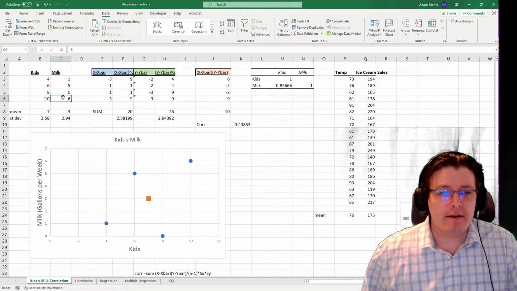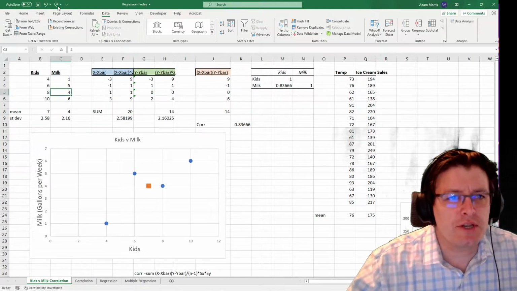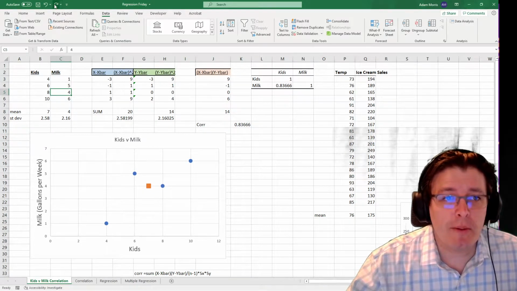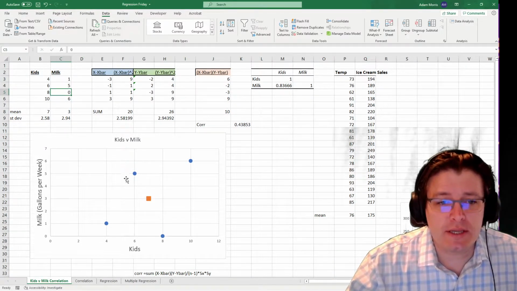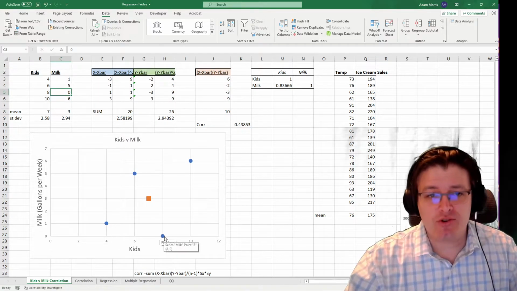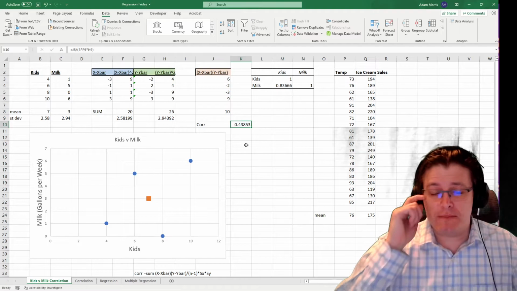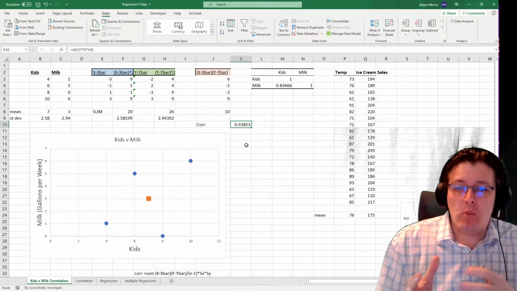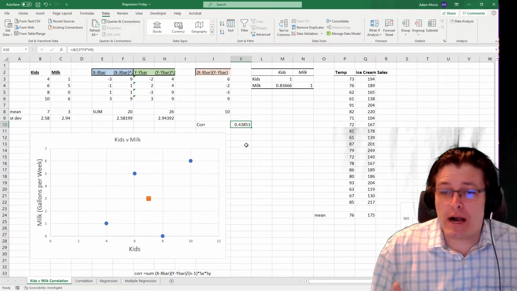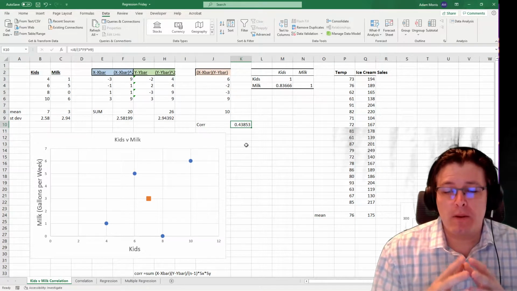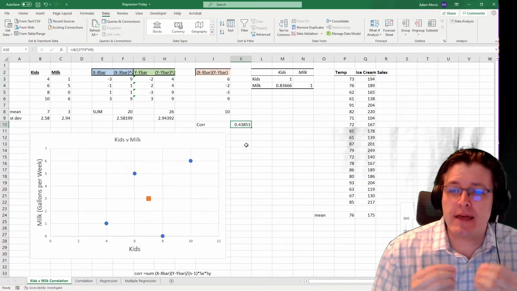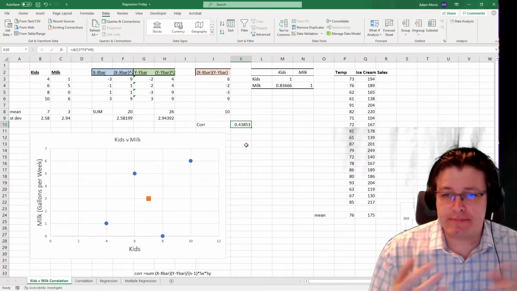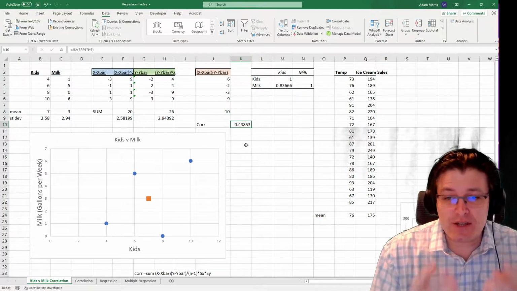So let me just redo that. So things to note, we can look at the scatter plot changing, but let's focus on that correlation. The moment I change one of these data points, this data point drops and the correlation drops to 0.4385. And so what I want to highlight is that, again, what we get out of this is dependent on what our observations are. And so when we think about a correlation, there is still that uncertainty around it, right? All of that uncertainty that we were dealing with in chapters 7, 8, 9, 10, 11, that's all with us here,